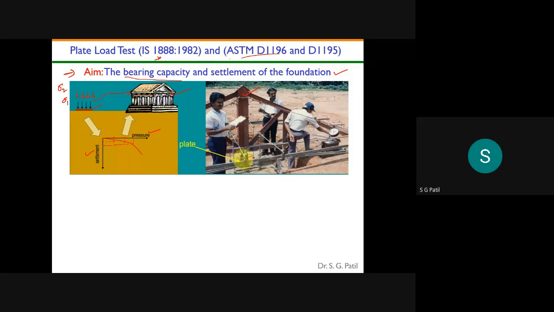Then what will happen under this pressure? This jack will try to lift this truss. By taking that as a reaction, in turn it will apply a reaction force on the ground on this plate. Here plates are there. Can you see the plates here? In some other photos these plates will be very clear, and there I will explain it more clearly. So this is the truss and this is the equipment to apply the pressure. Here the jack will be there.